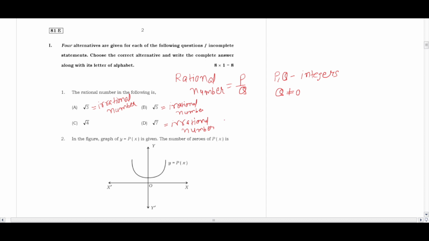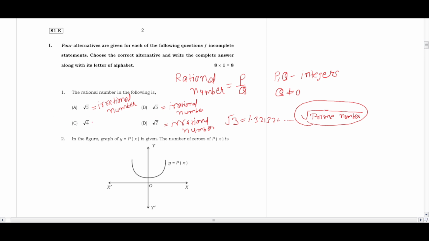And an irrational number is always a non-repeating value. Just as the value of root 3 is given as 1.321321, a repeating pattern. In the second language you were told: if a prime number is under a square root, the number is always an irrational number. So the square root of 3 is irrational, the square root of 5 is irrational, and the square root of 7 is also irrational.